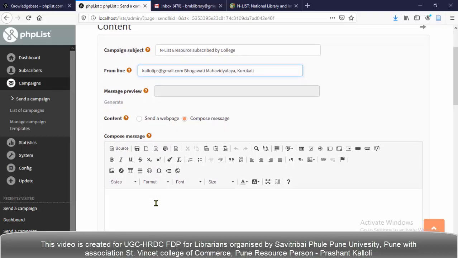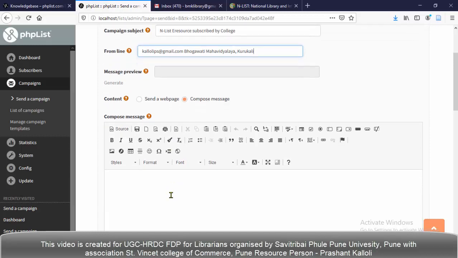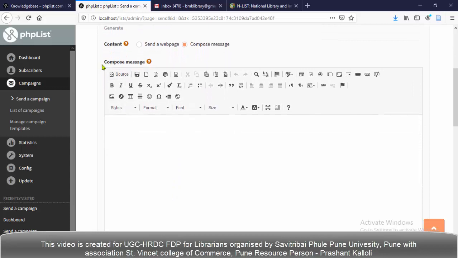Here, I am not going to send a web page. I am going to compose a message here. So this is my compose message box, and I have to enter my email content here. If you see the layout of this compose message, you can see some tools made for editing the text. It is similar to the tools available in MS Office.